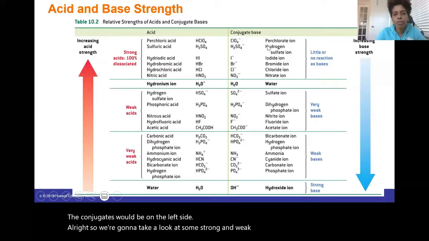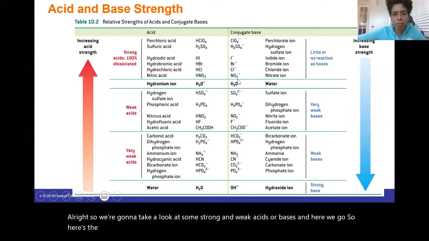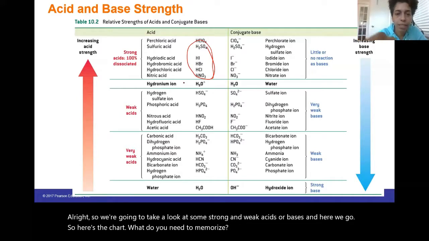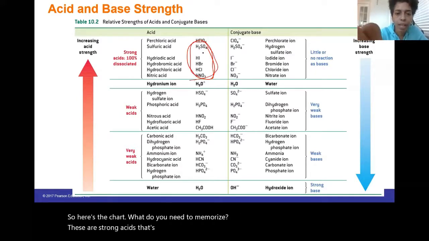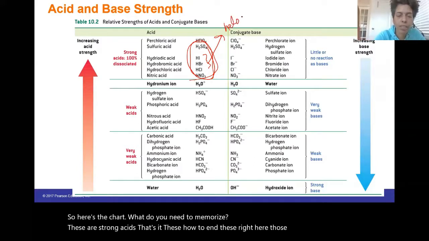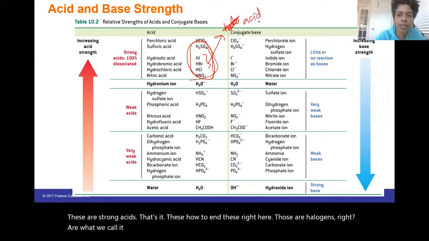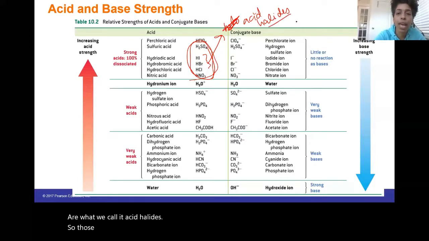And here we go. So here's the chart. What do you need to memorize? These are strong acids. That's it. These. And these right here, those are our halogens, right? Our acid halides. So those are all strong except for HF, which is going to be